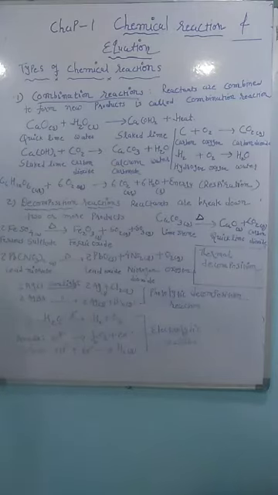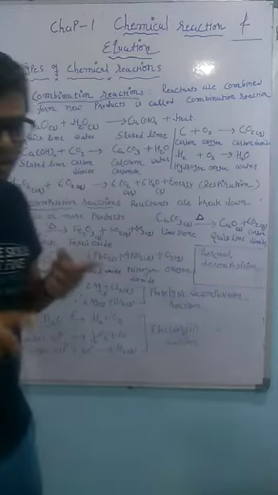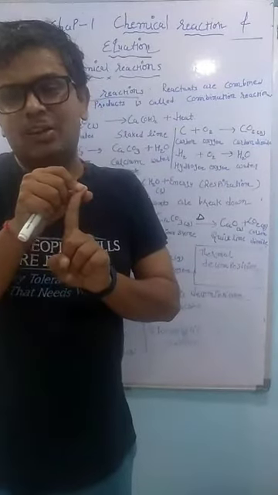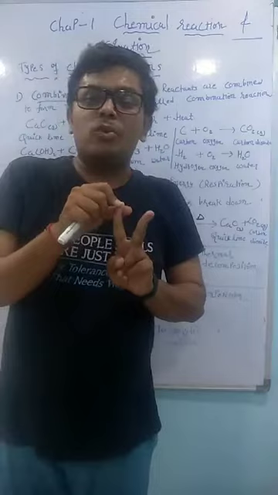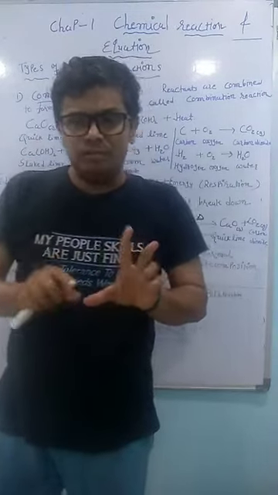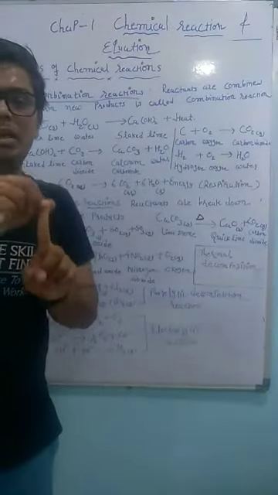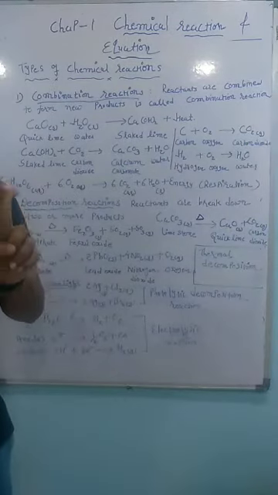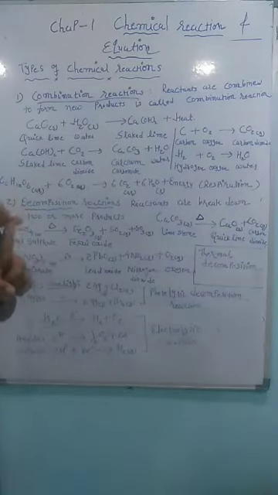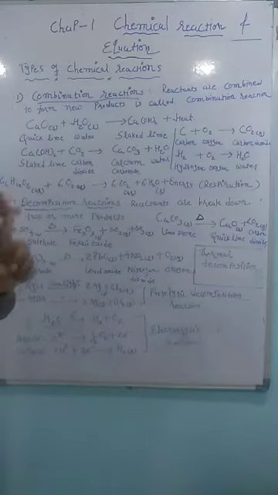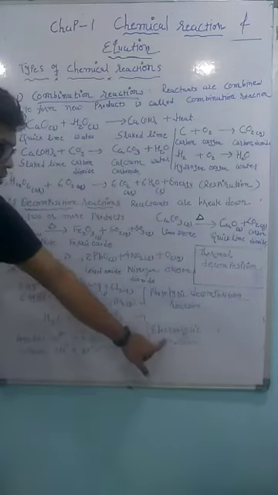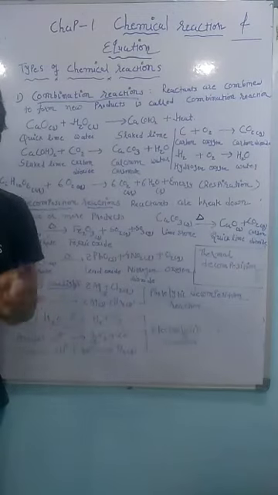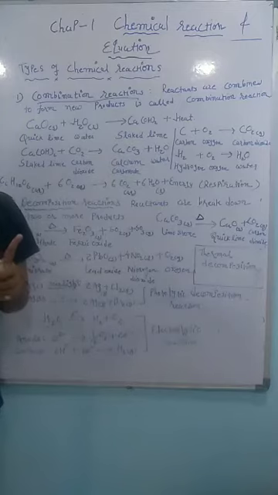The most important thing we are going to learn is the electrolysis reaction, or electrolytic reaction. There are two types of reactions. One is electrolytic reaction, the other is electrochemical reaction. Concentrate here. In an electrochemical reaction, electricity is produced. I repeat, in an electrochemical reaction, electricity is produced. And in an electrolytic reaction, electricity is consumed. Are you getting it? Okay.